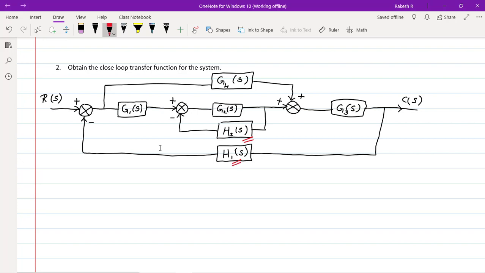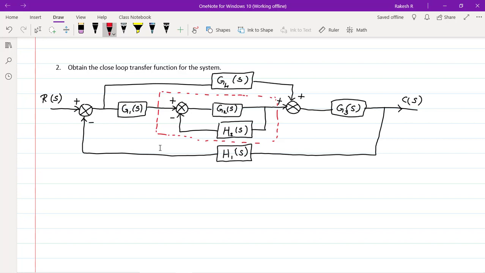First I shall see with respect to H1 here, right? Now coming to H1, I cannot solve directly here because the signal starts from here, it goes G1, G2, here G3, again it comes back to H1 and the summing point here. I cannot take it here because before taking that one, I need to reduce all the blocks which are internally connected with that, right? Now remaining is this one. You can see here what we have in this. I have the simple feedback loop here, right?